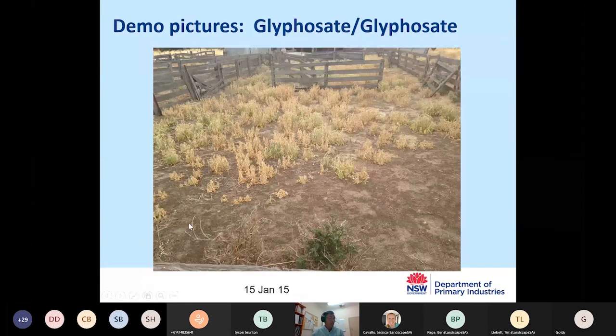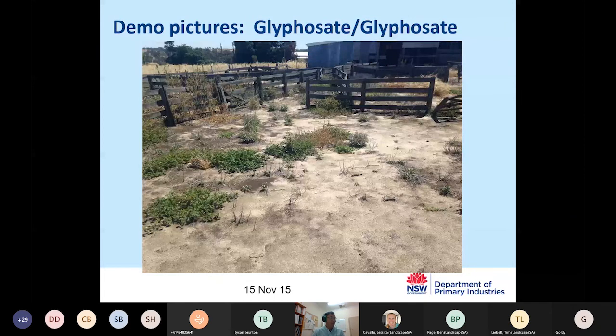And this is 2 months after the application of the first glyphosate. And this is 1 year after. Even with such cheap glyphosate options, even soft chemicals, you are achieving a good result in terms of thinning down the populations. However, you're still seeing some